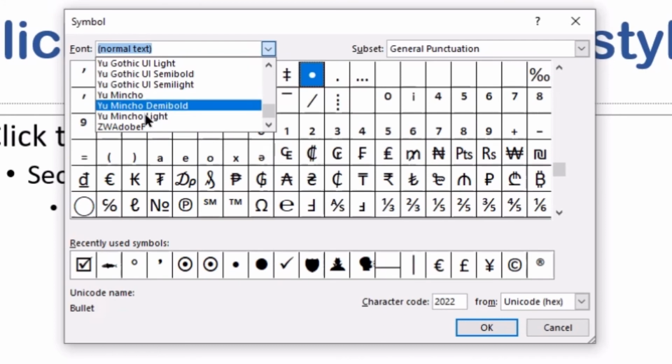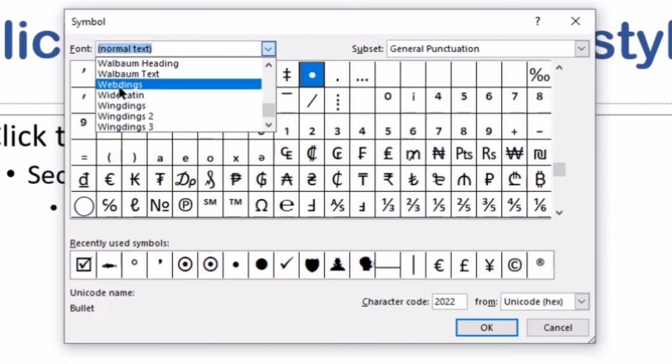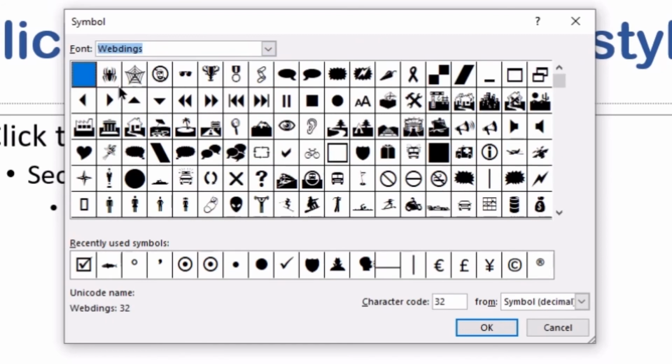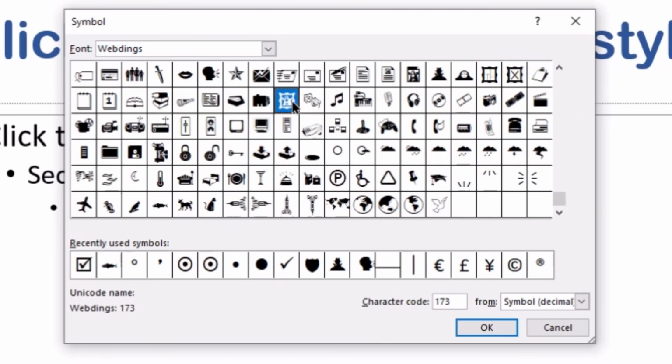So I could scroll to the ends here, and depending on how many fonts and which fonts you have, you may be able to locate things like Webdings and Wingdings or symbols. If you have other fonts that have a lot of symbols, Zapf Dingbats and things of that nature, you can also use any of those. So I'm going to pick a character or a symbol from here, and you can see there are quite a few to choose from. Actually, I'm going to go with the little clock